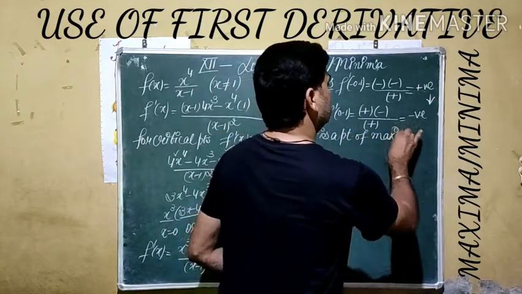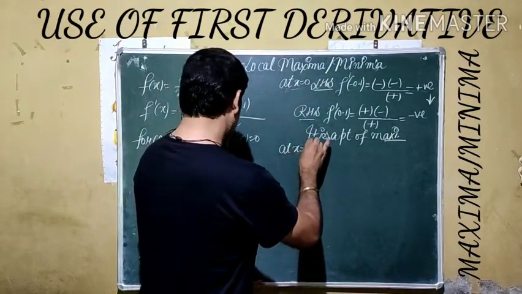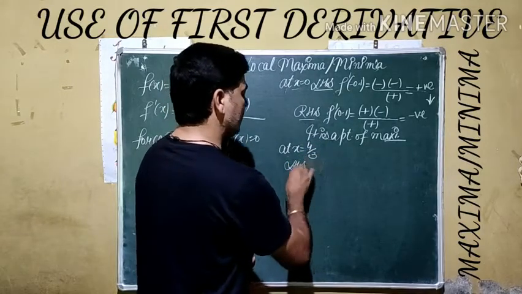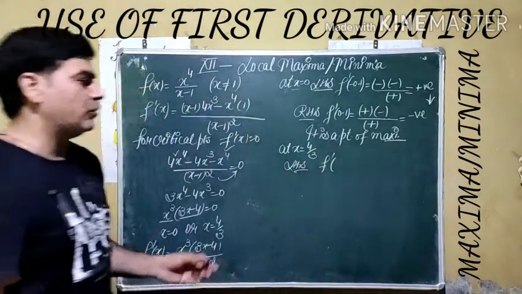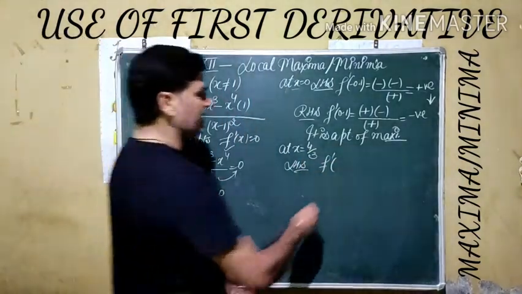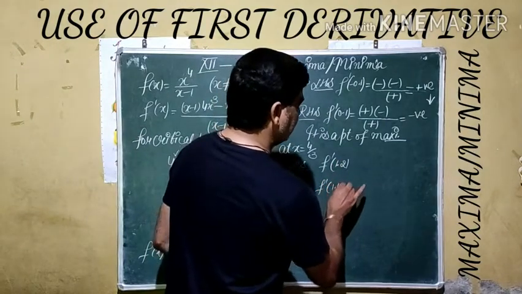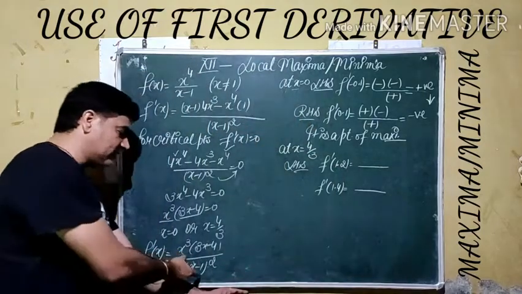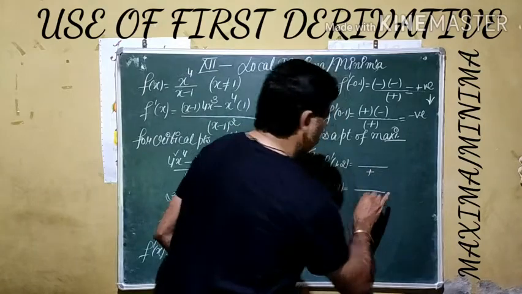Now we have to check the second point at x is equal to 4 by 3. First of all we have to check the left hand side. Here, as you know, 4 by 3 means approximately 1.3. So we are using here 1.2 on the left and 1.4 on the right side. If you see here, the denominator is a perfect square. It always remains positive. So no need to check it.